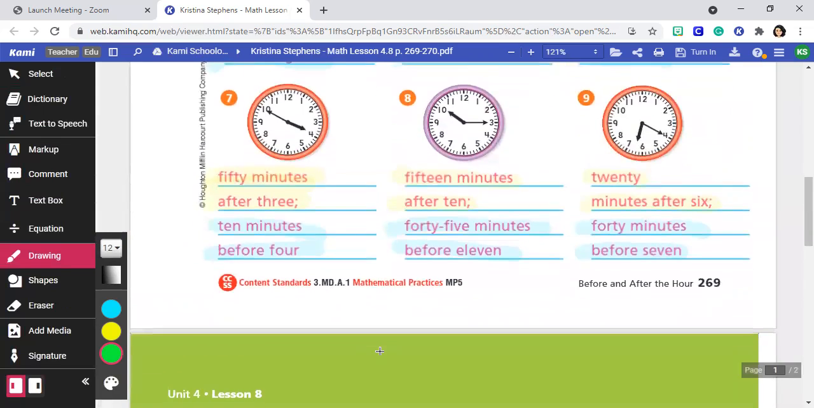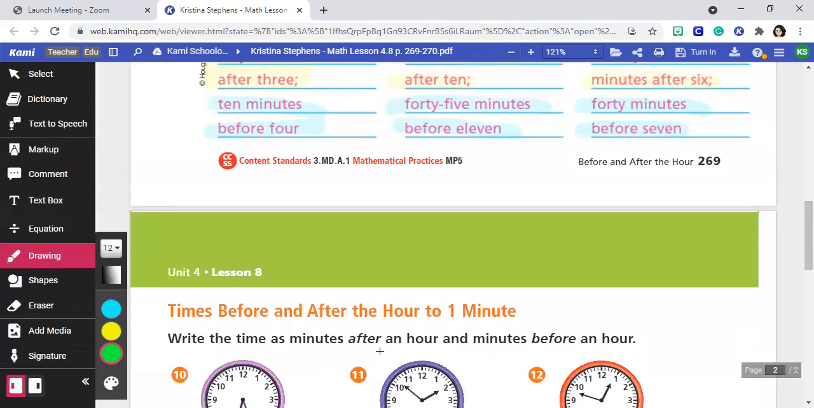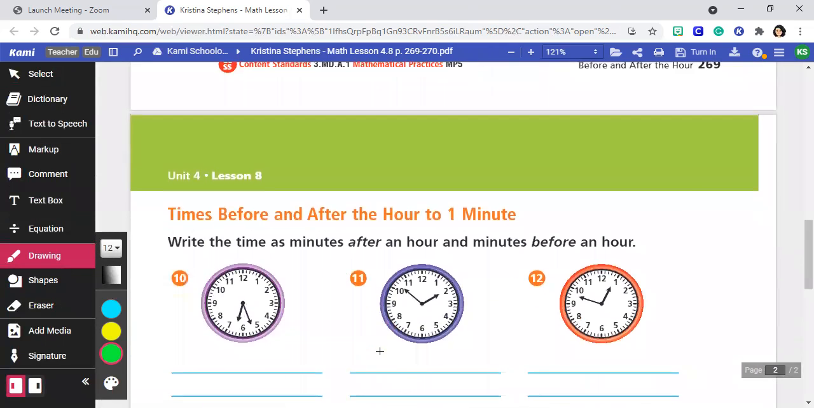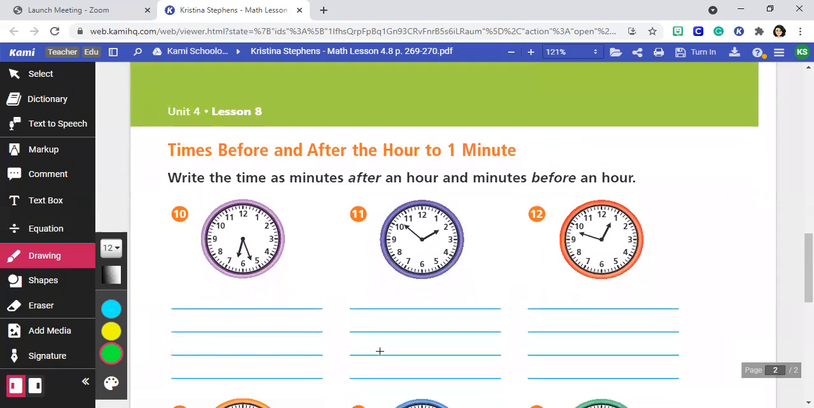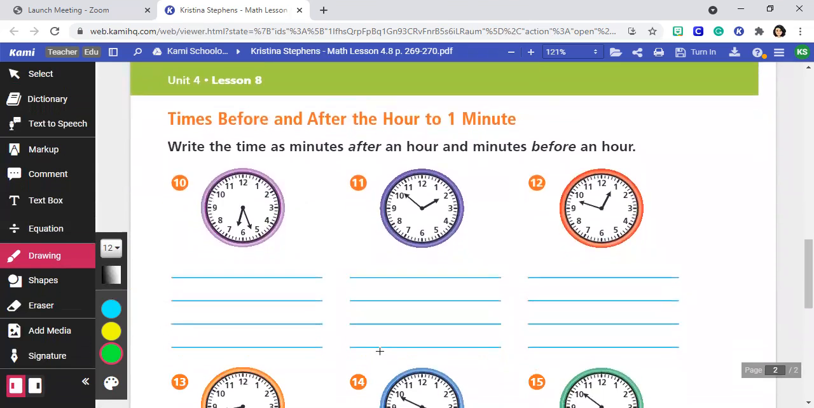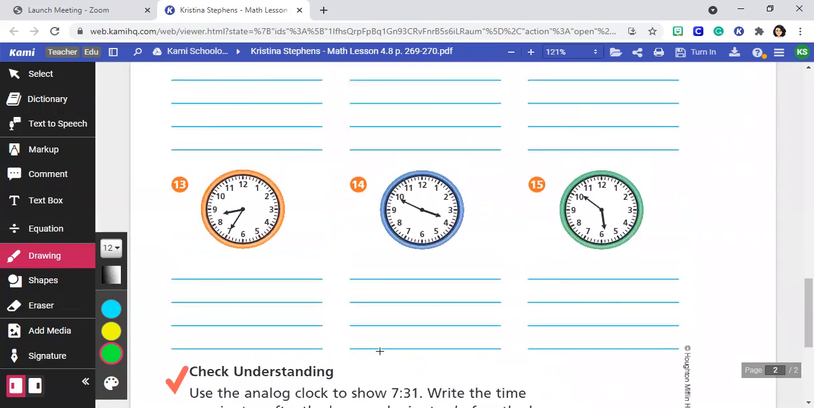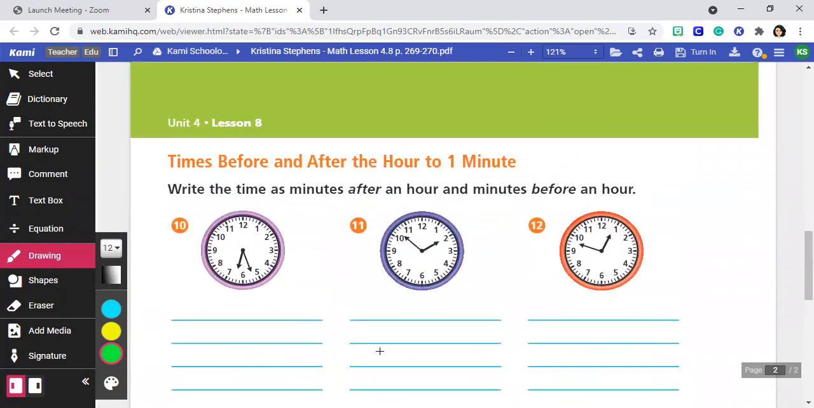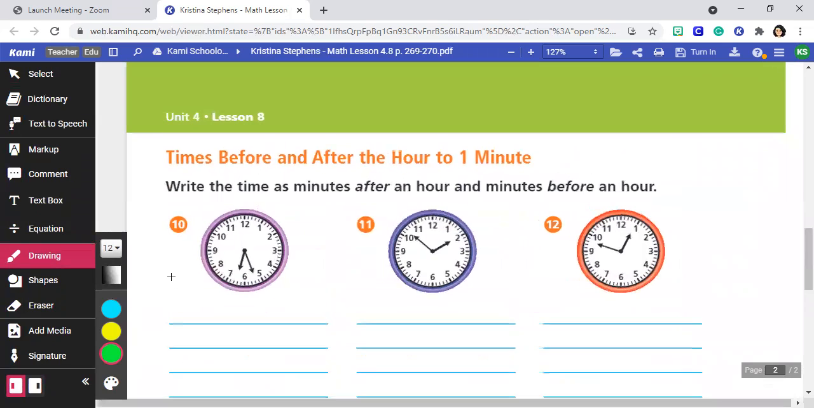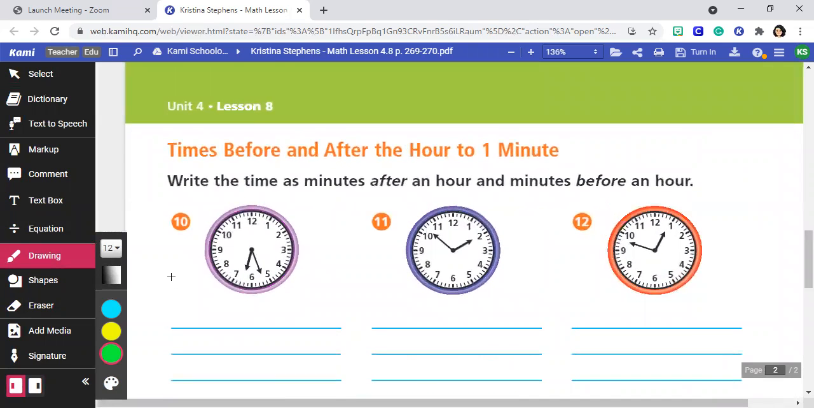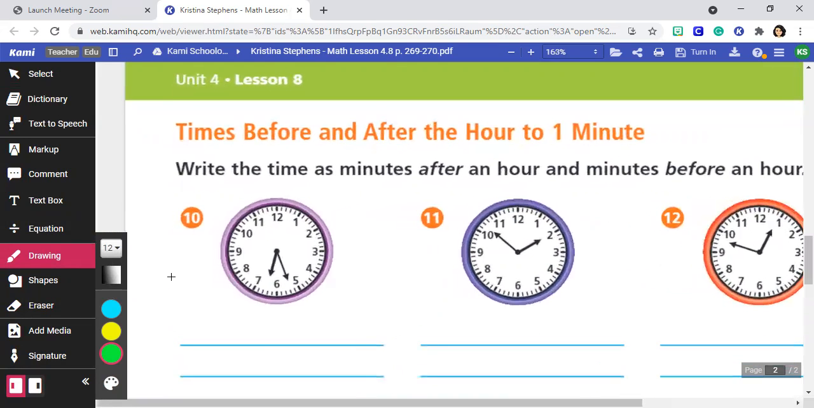Let's keep going, learning about before and after the hour, how to tell time on an analog clock. 10 through 15 is very much the same, only this time we are going to be even more precise. So I want to look at number 10. Let's write the time as minutes after an hour and minutes before an hour. So number 10,